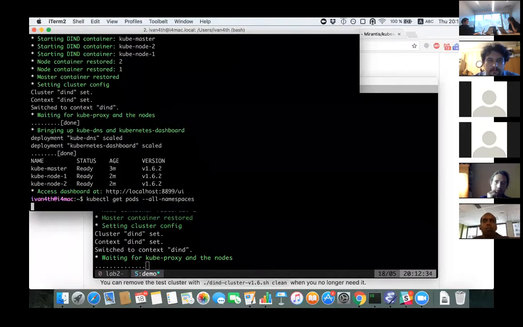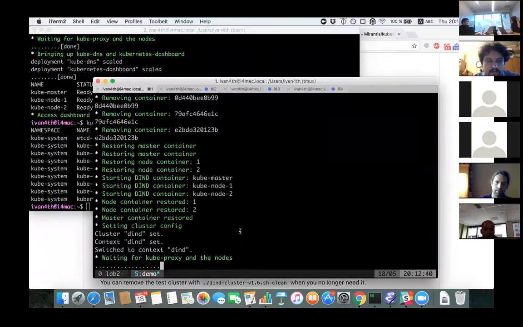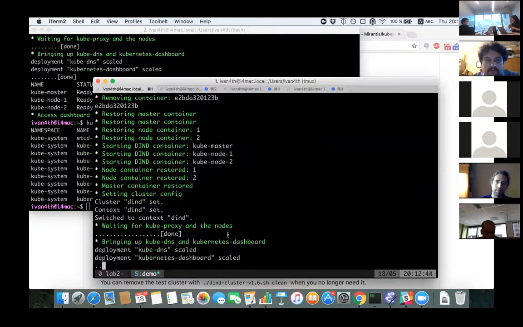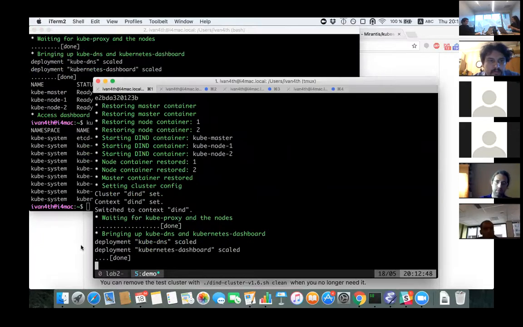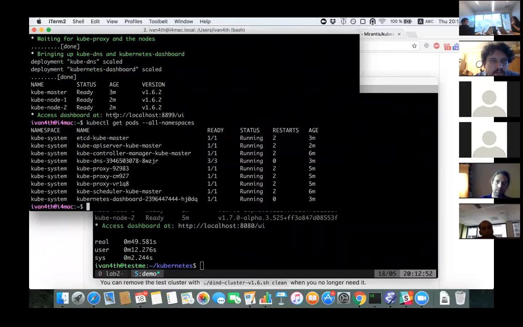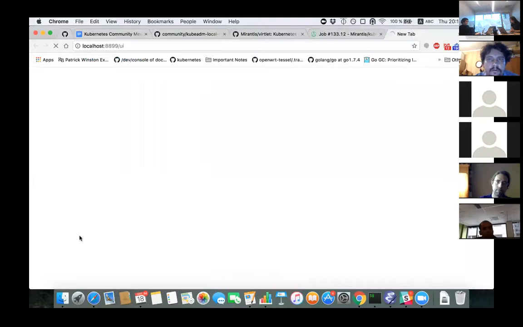So here you can see the list of pods in the running cluster, and everything is running. The dashboard is installed out of the box. You can take a look at the dashboard also.